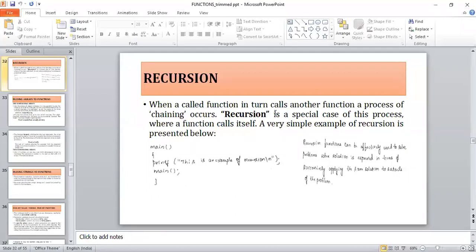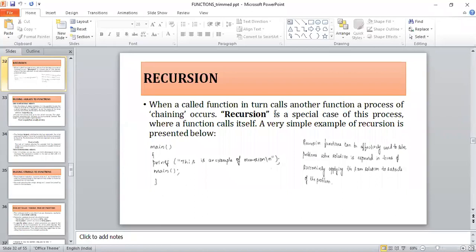Later, once again the main function is called, so the control moves back to main, and one more time the printf statement is executed. How many times is this going to be executed? We don't know. That means the function is calling itself again and again. That is why it is called recursion.